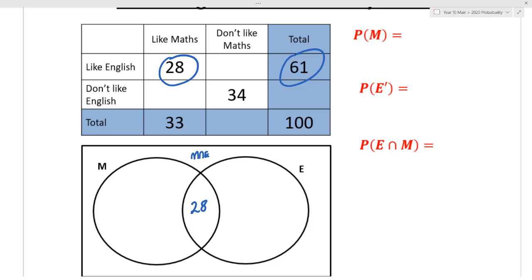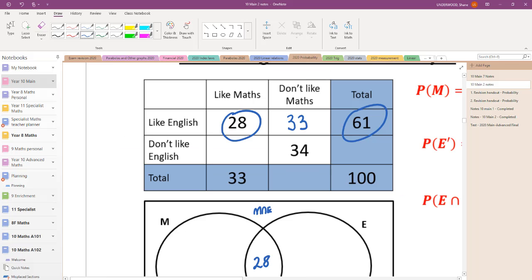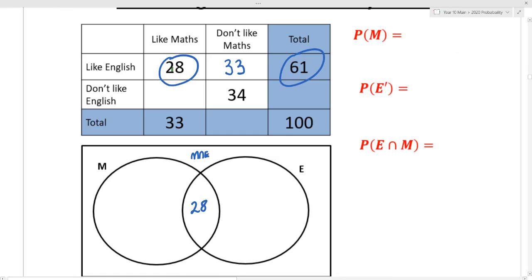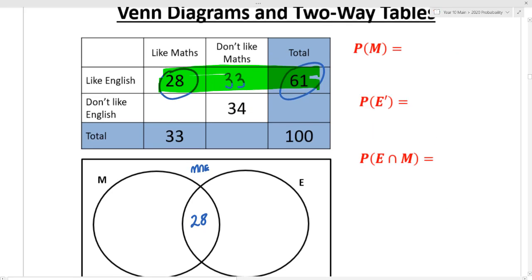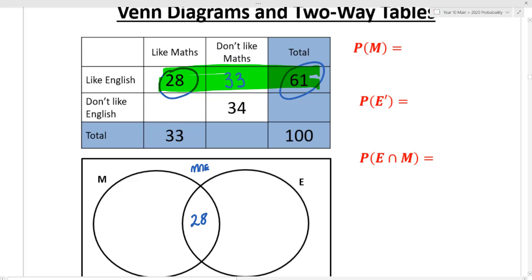61 people like English altogether. How many of those people don't like maths? 33, that's right. So can you see that 33, if I get my little highlighter out, these things, when I add them together, must all add to 61. Does that make sense? Okay, now, by filling that in, we can then go ahead and fill in as much of these columns and rows as we can. Now, we can see that 33 people don't like